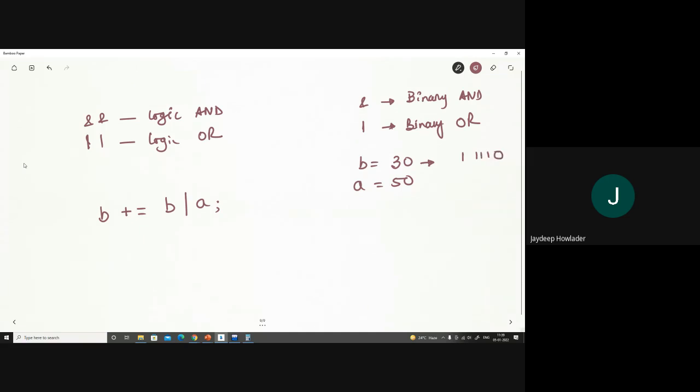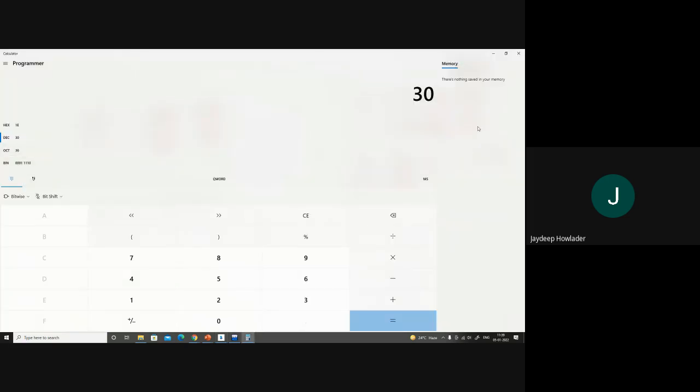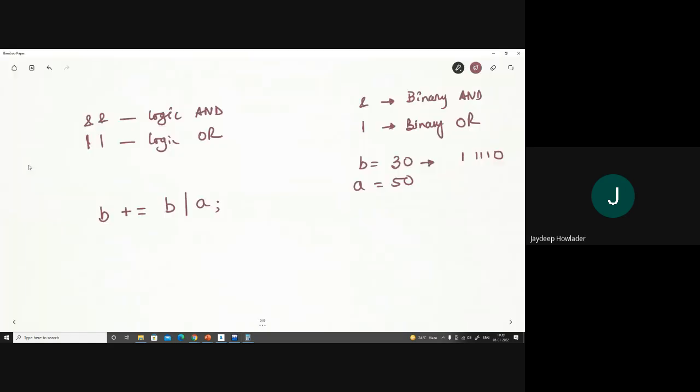Okay. And 50, its binary representation is 1 1 0 0 1 0. Okay.